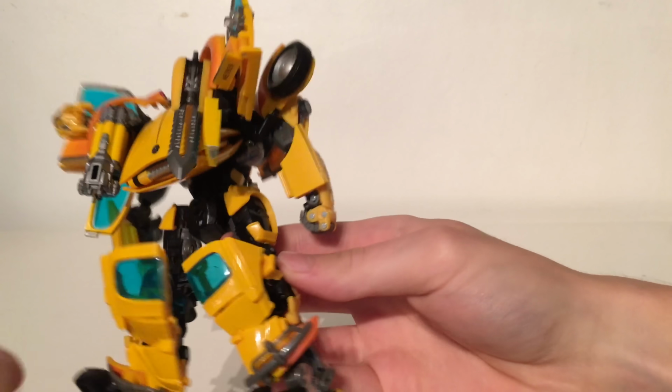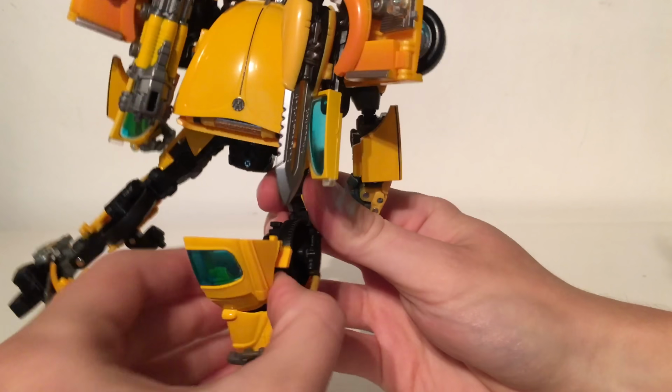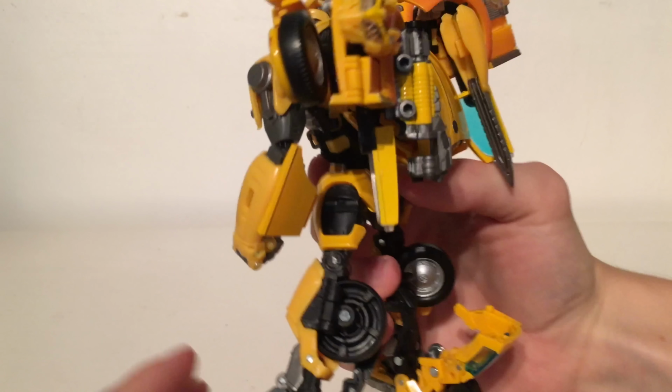and down just like so. As you can see, the hinge joint there has been pulled out. Repeat the same process on this side. Pull it out like so. You are then going to want to